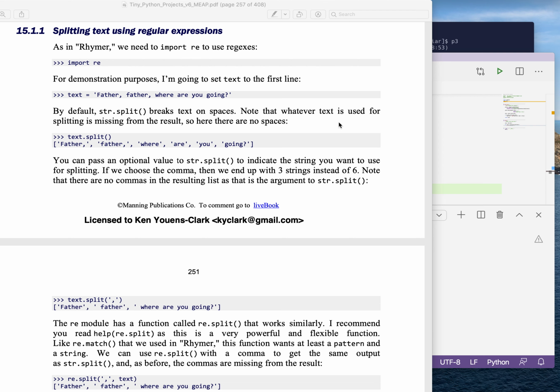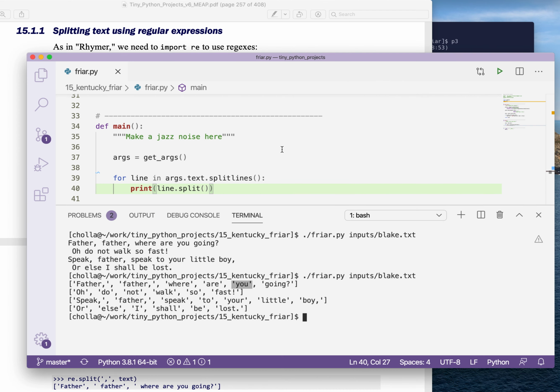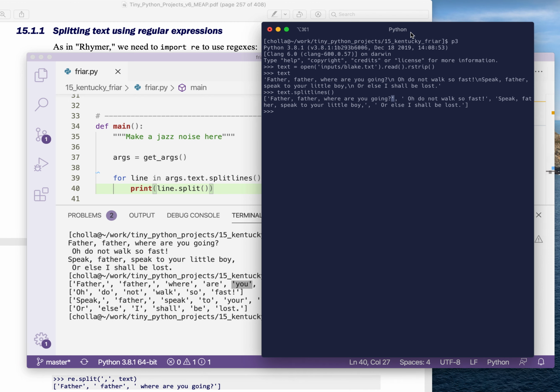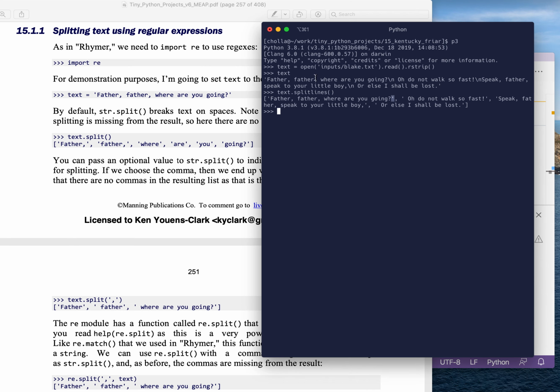We just looked at how we can use the string.split. Here we're doing line.split to split the text on white space. And we've used that before. And I'd like to show you that we can also, first off, for demonstration purposes, let me set a line of text to this. So let's just talk for a second about